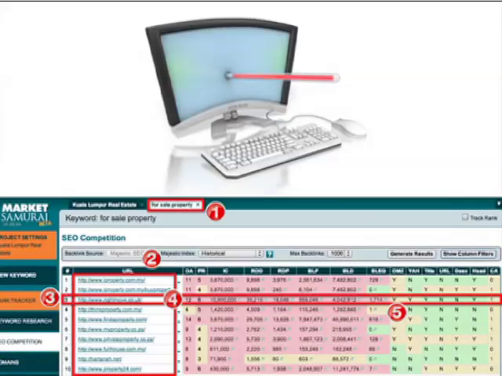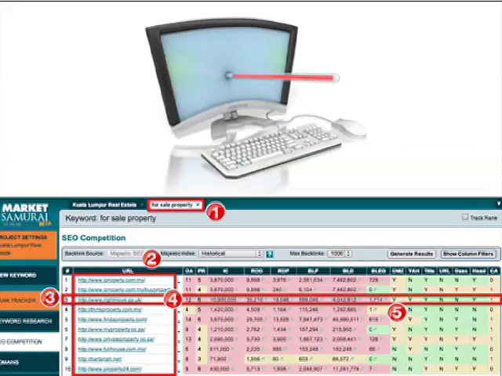So what this now does is it gives us an insight as to how relevant a provider is. It gives us validation on our purchasing, our business discussions, or it can raise some questions. So point 1, when we're looking at for sale property, point 2, we can see the URL of the website. So as we scroll down there, 1, 2, 3, number 3 is